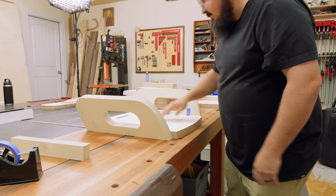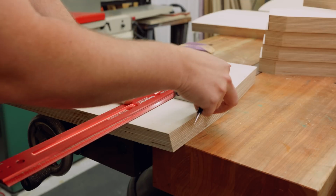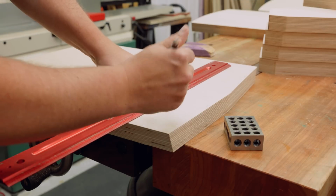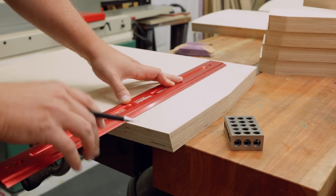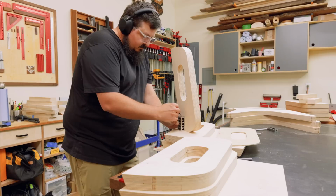I think it's too long. Well, Shop Shane, you were indeed correct in that the chair is, or was rather, 3 inches too long. So I had to hit the reset button and come up with a solution. Some of the parts, like the seat, were pretty straightforward in that I just had to take 3 inches off